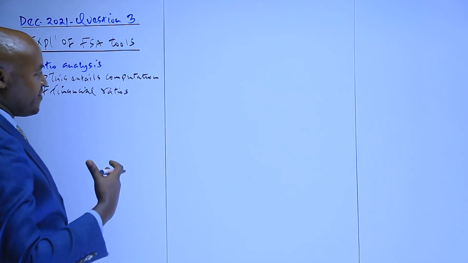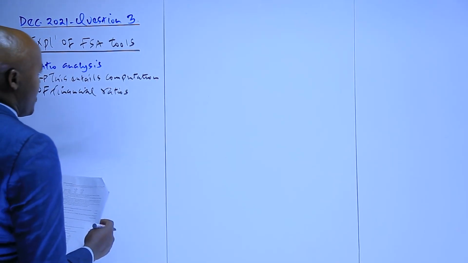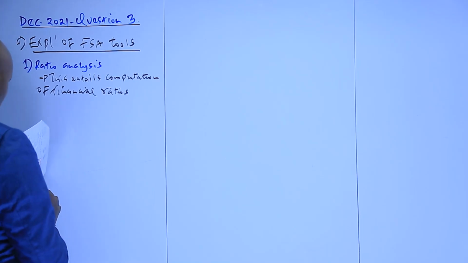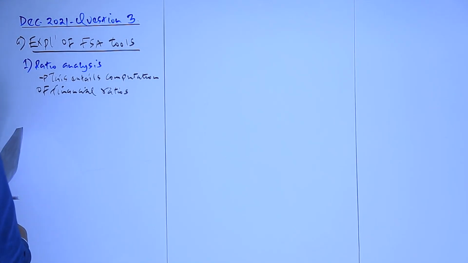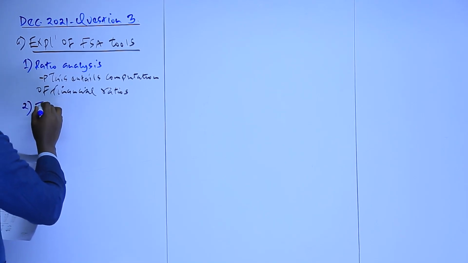And also we have various categories of ratios which we discussed in our first session as far as this topic is concerned. So the other tool we are required to explain is the trend analysis,